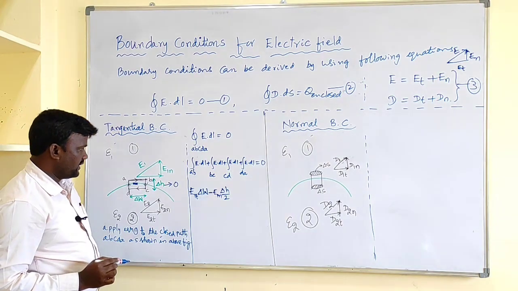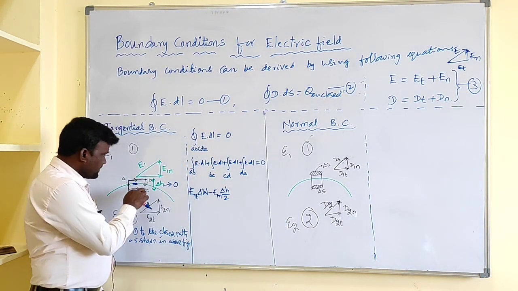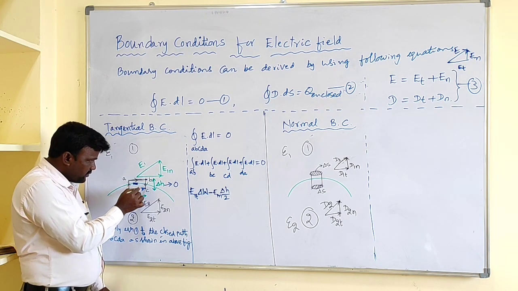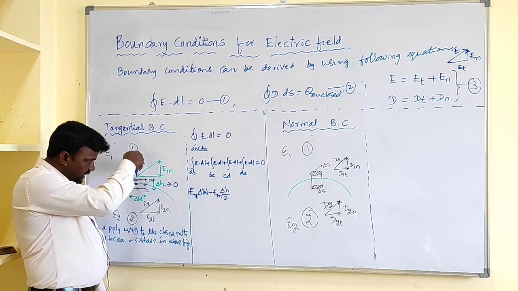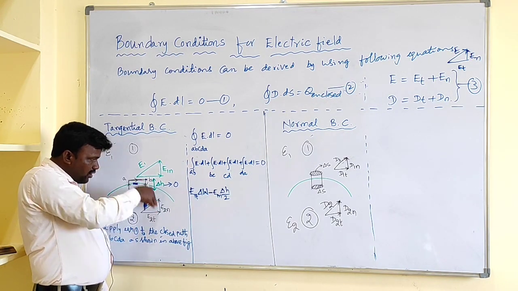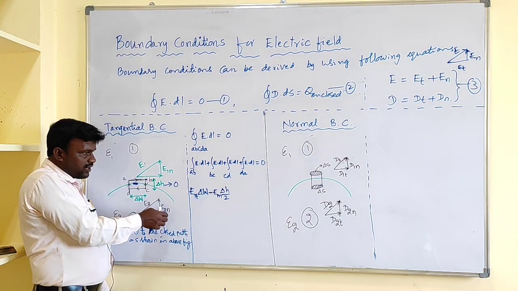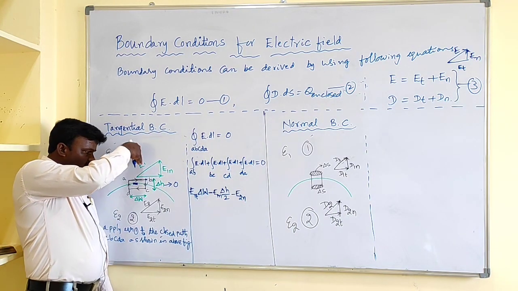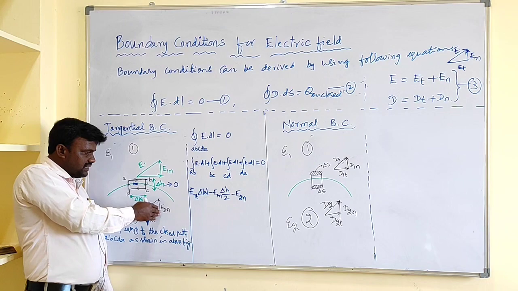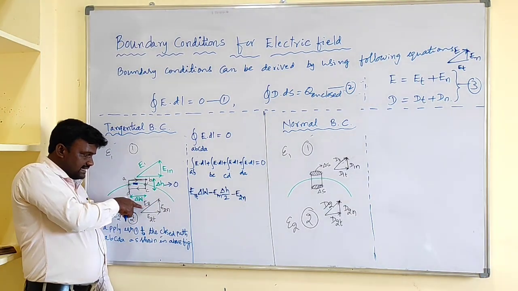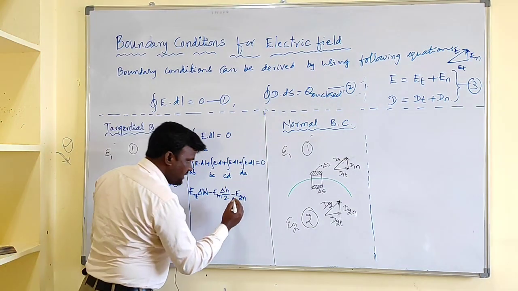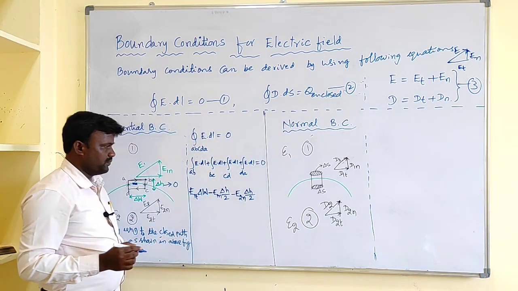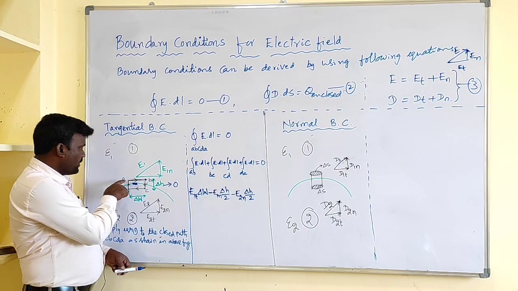Delta h by 2. Next, go for what? That is B2C. So from this point to this point, that is covered in the first medium, and this point to this point it is covered in the second medium. Again downward direction, but it is in the second medium. The field component in the vertical direction is the normal component, that is nothing but our E2n. We are coming in the closed path in downward direction, whereas the normal component of this E2 is in upward direction. That is E2n delta h by 2. Okay, up to now we covered A to B, B to C.